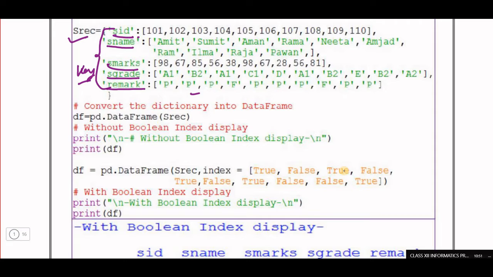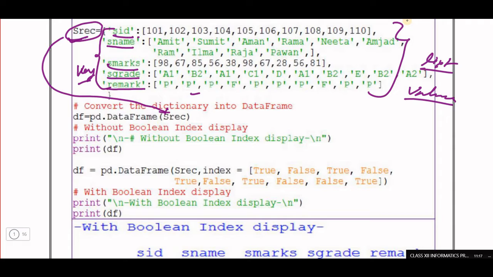All of these are lists, and they are the values for the data frame. Now for data frame conversion, it is a very easy way: I call this dictionary in the data frame, df is equal to pd.DataFrame, and when you print